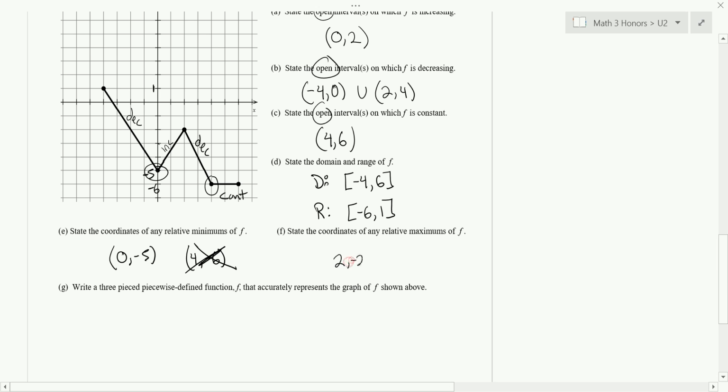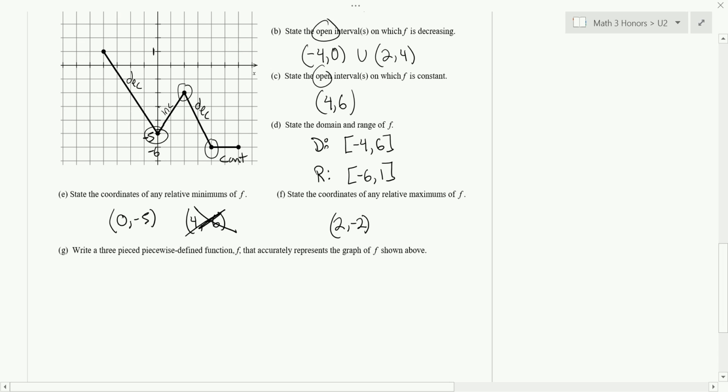2, -2. Good. Any others? Okay. And you're right. It's because it changes from increasing to decreasing. The only other tempting one is the endpoint, but endpoints we can't label as maximum. Okay. Then we have a